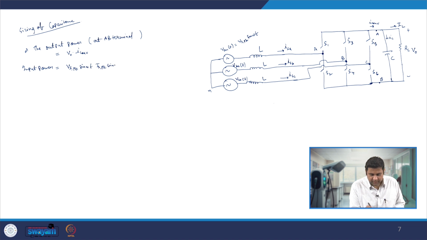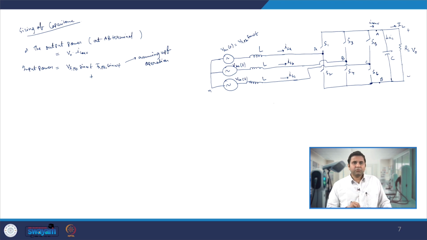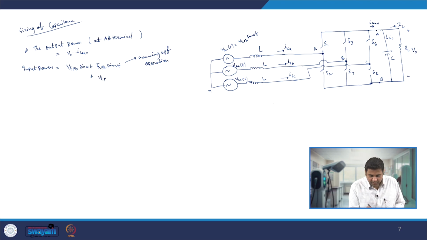Again we assume that we have unity power factor operation, UPF operation. So this is the power through the A phase. Similarly we can write power at B phase and power at C phase. This is summing up